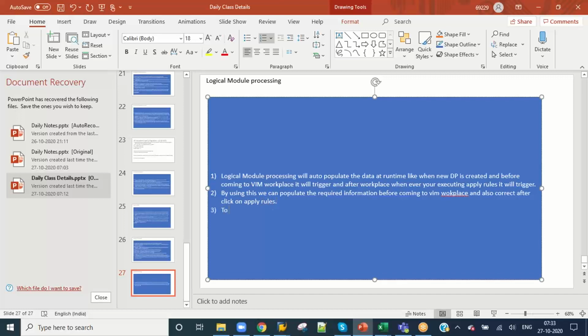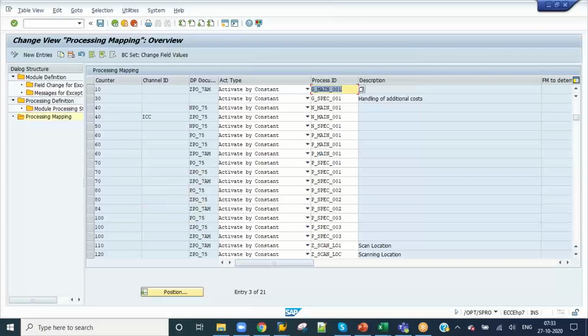So to do this configuration, go to /opt/spro. So under this,